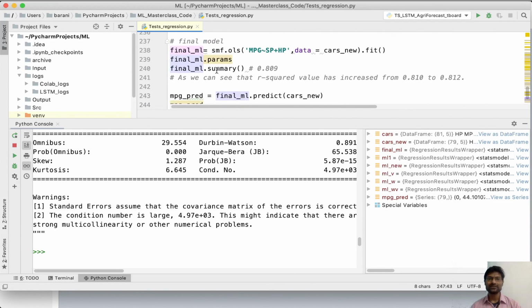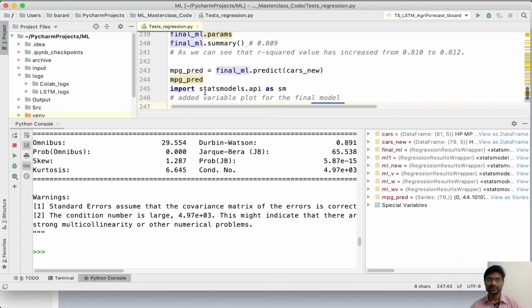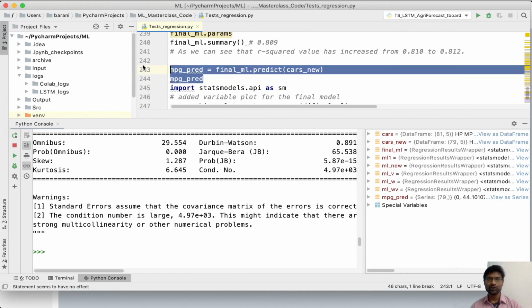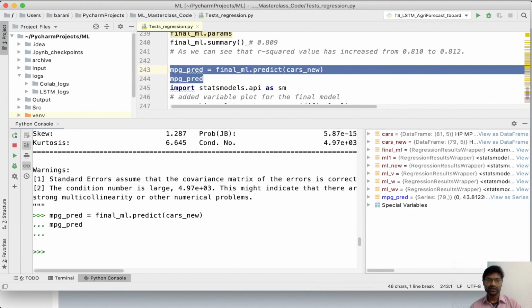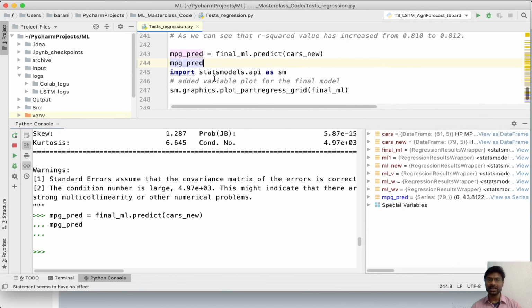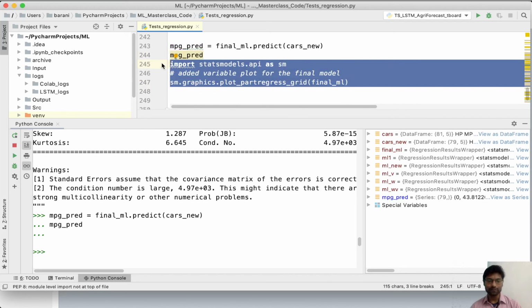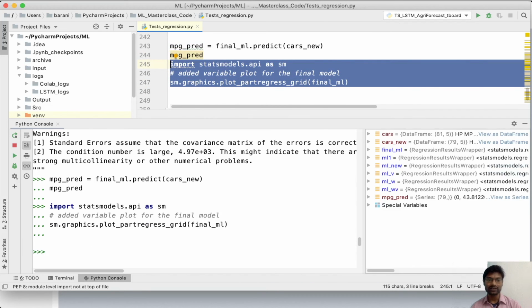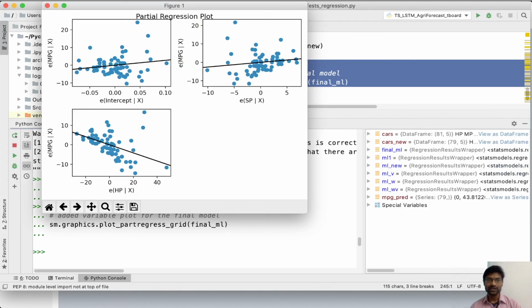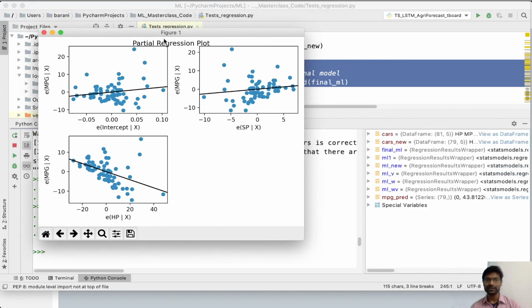Once this final ML is created, let me predict the existing car's new data frame for the output mileage, so that I can compare the predicted and actual values and see how good my model is. Before that, I am going to plot another graph as well. This graph is called a partial regression plot, meaning the regression line of the output against every other input.